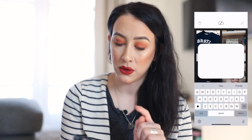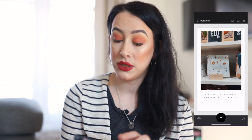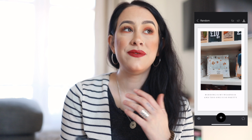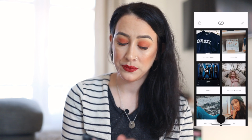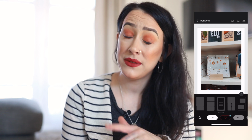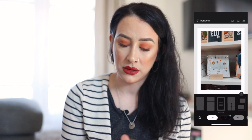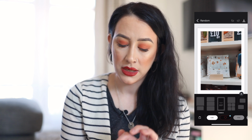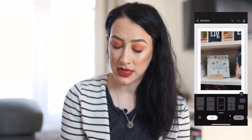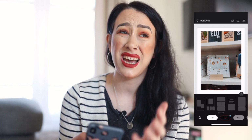Next we have Unfold. Now I still like Unfold. It is brilliant. Unfold is very similar to Canva, as you've seen, but with Unfold you still have templates that you can choose, so you can flick through. These are similar stories that I've created over time, but you basically choose a template. It's very broken down. You can add what you want in, whereas with Canva there are already stock photos in that you can tweak, and there's a lot more